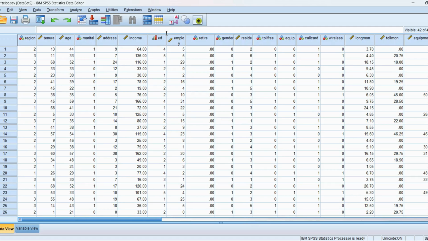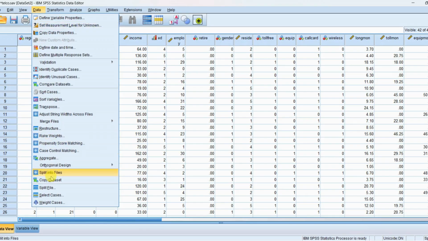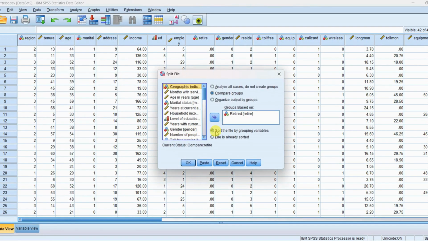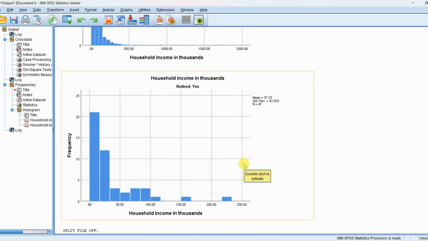For this, we have to first ungroup the data. So go to Data, Split File, and ungroup the data by clicking on the first button here which says Analyze All Data. OK. Now to perform the Mann-Whitney U test, go to Analyze,